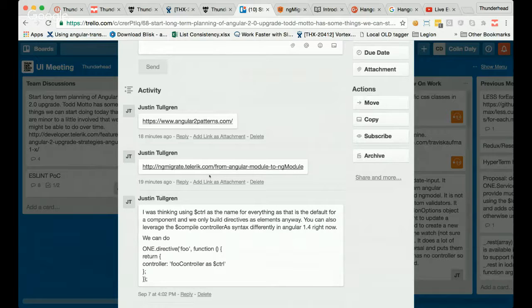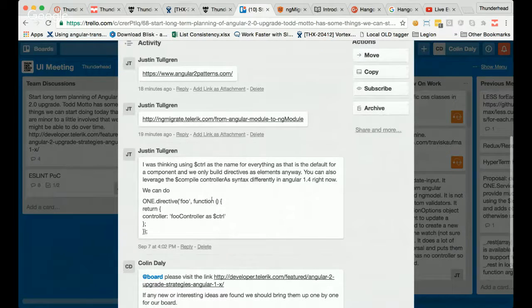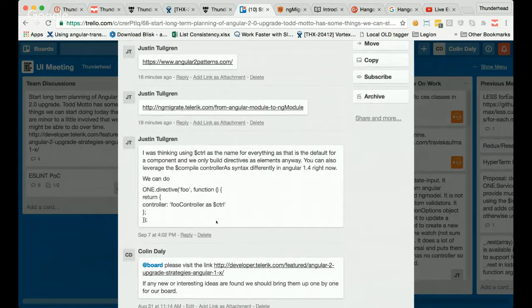The module thing is what I just brought up, and that's what I was saying. I don't know how our module loading system will work with the new Angular module. So to what you're speaking about, I don't have an answer to that. That's why I brought this article up in the list. It's basically saying we should look at that, because we also had another card saying, let's look at the module system. As part of whatever we do for the module loading system, we need to look at how Angular 2 does it, because that may be a consideration for what our path is.